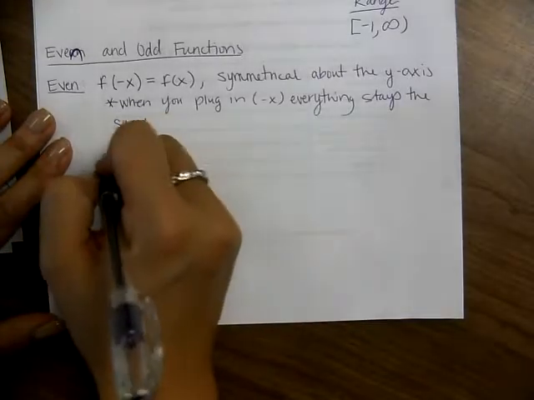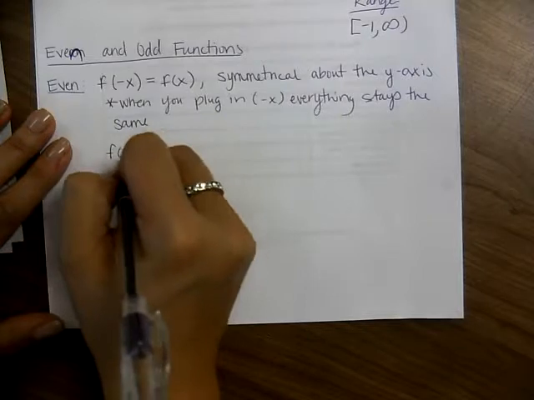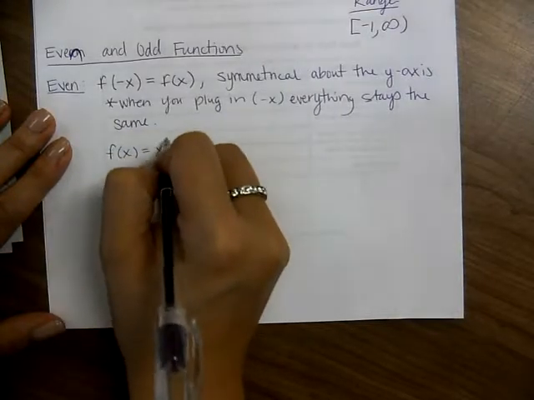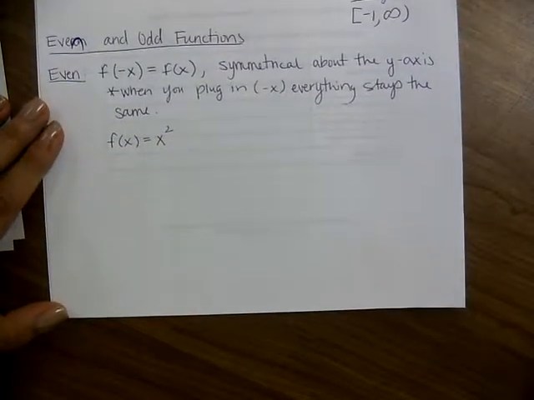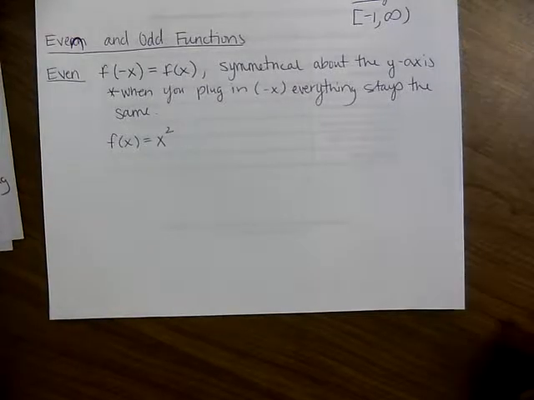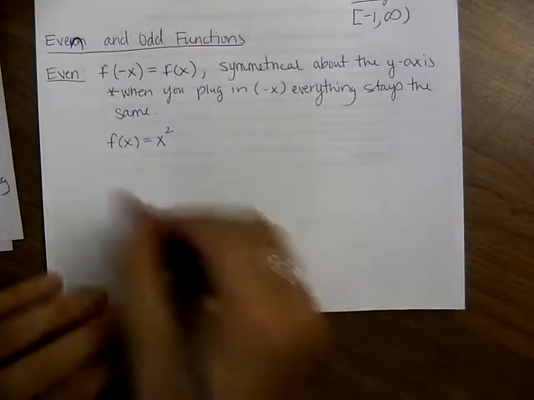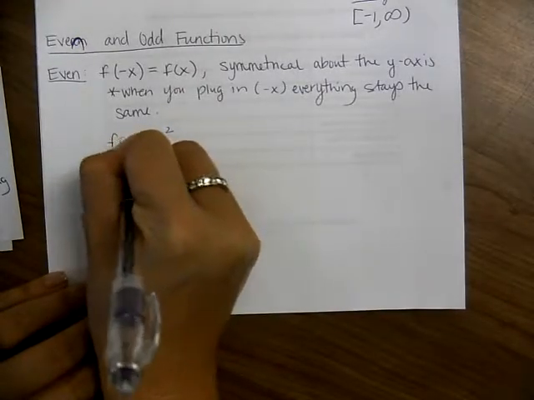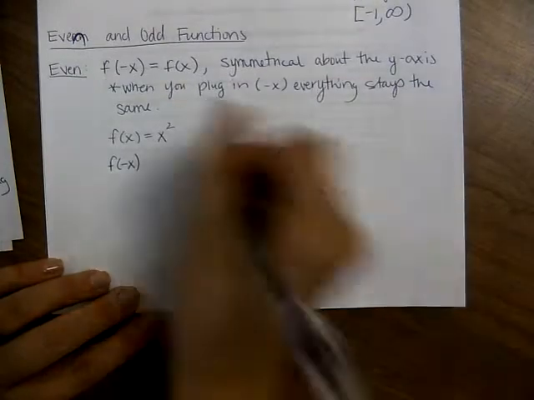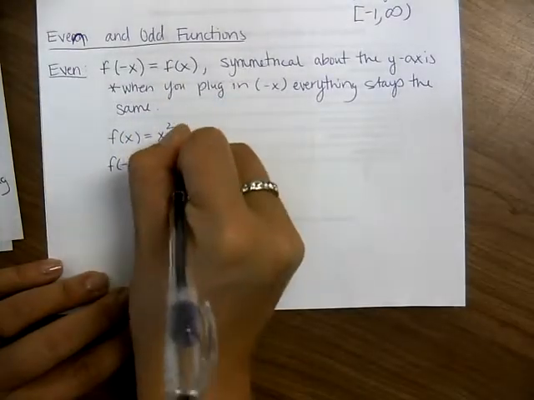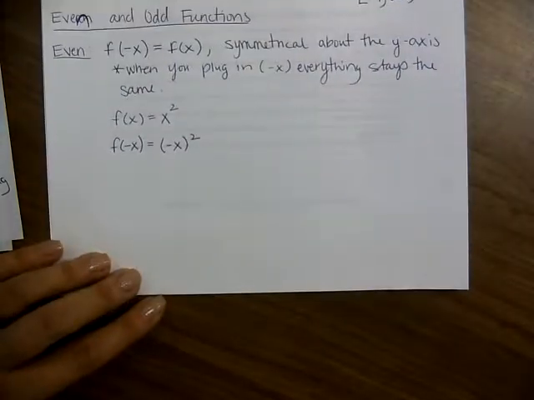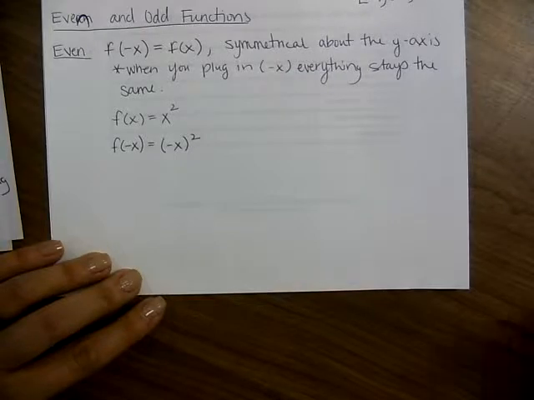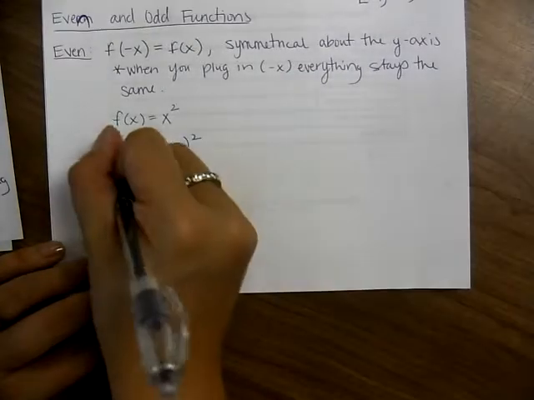Alright, so for example, if you started out with f of x equals x squared, and you want to determine whether or not this function is even or odd, what you would do is you would substitute in negative x. So now I'm going to evaluate f of negative x. So everywhere I see an x, I plug in negative x, and then I simplify. So a negative x squared is